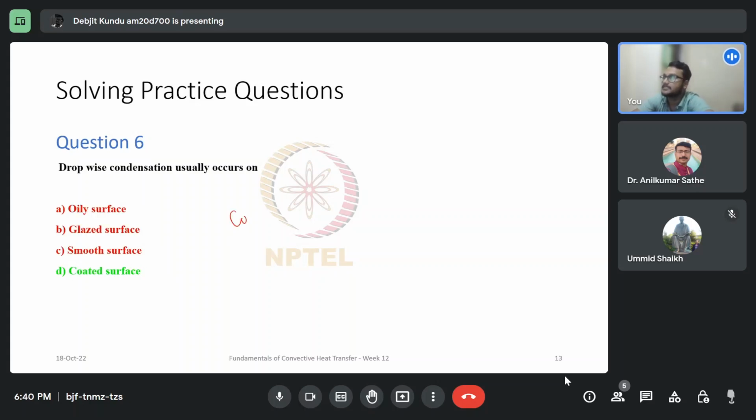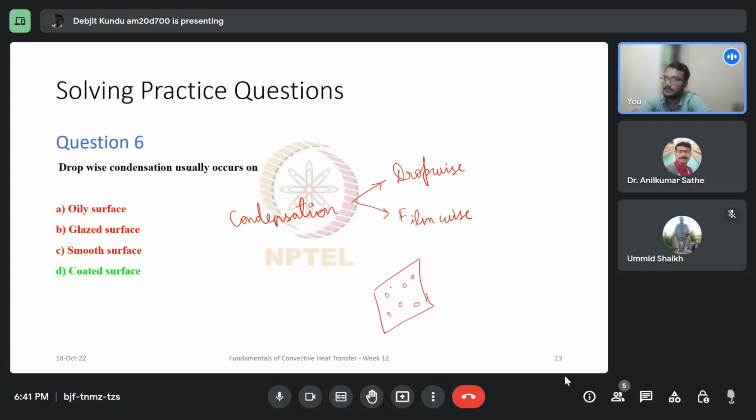So condensation, how many types are there? What did we study? Drop-wise and film-wise. So there are two types, drop-wise and film-wise. If we look at the two cases, in the drop-wise case, small droplets form, and some of them coalesce with each other to form a bigger droplet, and those bigger droplets trickle down due to gravity, picking up other droplets with them along the way. So this is how drop-wise condensation occurs, and in film-wise condensation,